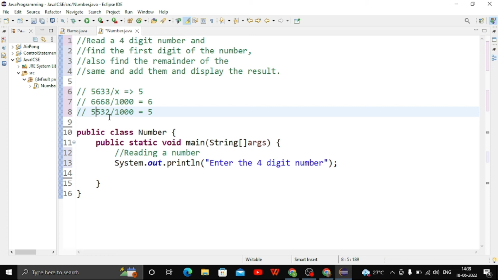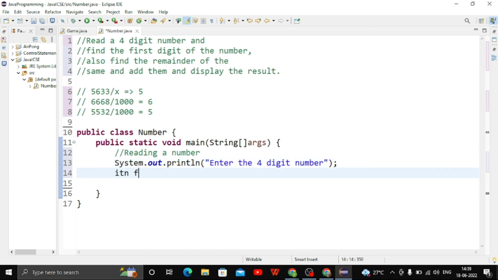5300 by 1000 is 5.3. We don't consider the decimal part because we are all integers. We do every integer base. So that becomes 5. So when we divide by 1000, we get the first digit. Let me write that. Find the first digit of the number. Int first dig is equal to